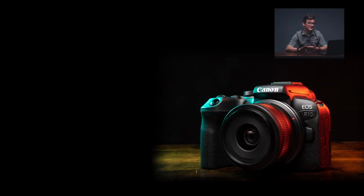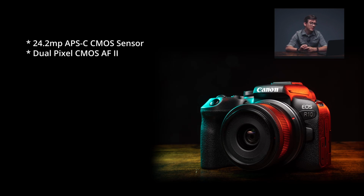The next thing I wanna talk about is that despite the camera's size and price, this is definitely not a standard entry-level camera. Although it is intuitive enough that it could be used for beginners, this camera is packed full of features that I feel like could be useful to beginners, intermediate photographers, and even pros in some cases, especially when you're wanting to get a small camera that you can keep with you that gets a little bit of extra zoom. Just to dive into some of the specs here, the R10 has a 24.2 megapixel APS-C sensor, dual